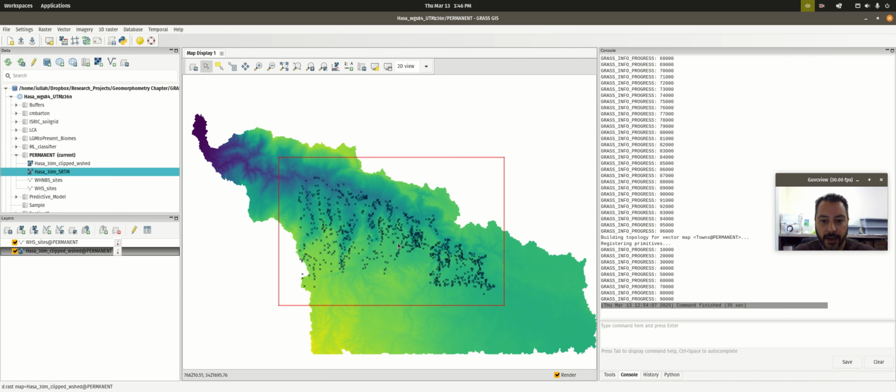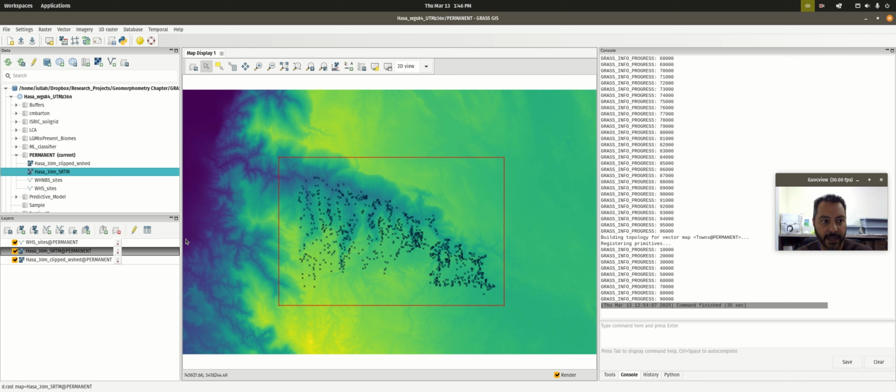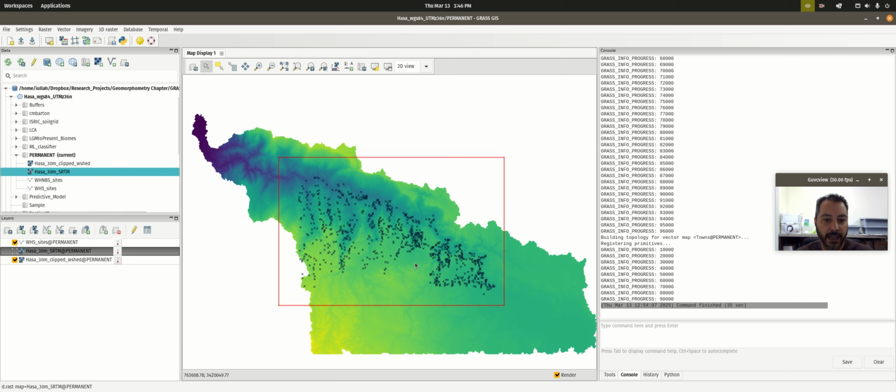So what you're looking at here, I have the Wadi Hassa site points up. You may have noticed that in the PERMANENT mapset you have the full SRTM, which is the square shape, and then you have one that says 30 meter clipped W shed, and that is one where I have already applied some hydrological modeling, like I showed you last week, to clip out essentially the largest watershed covering pretty much all of the Wadi Hassa area. Now a couple of the sites are outside of it down here, but for now I want to